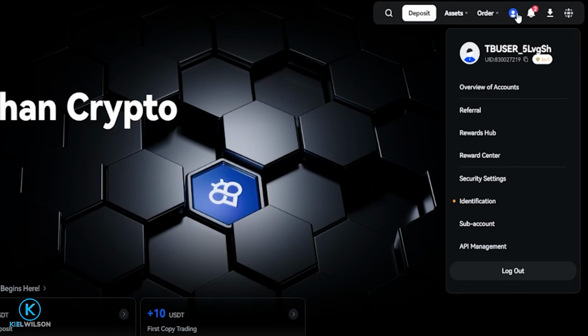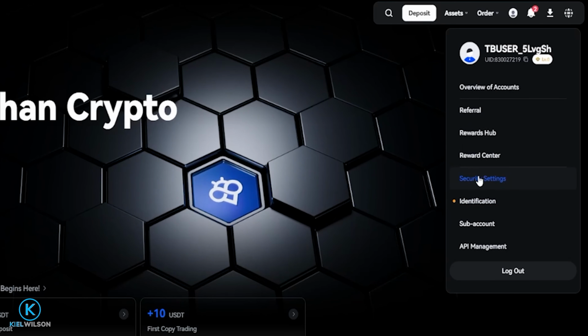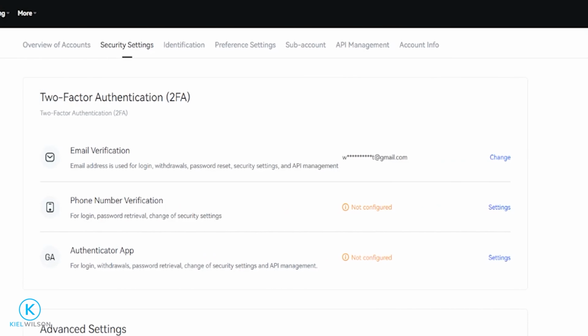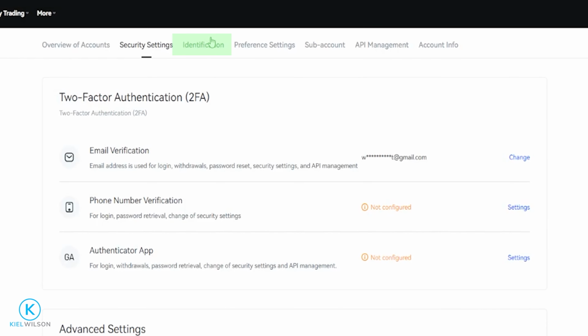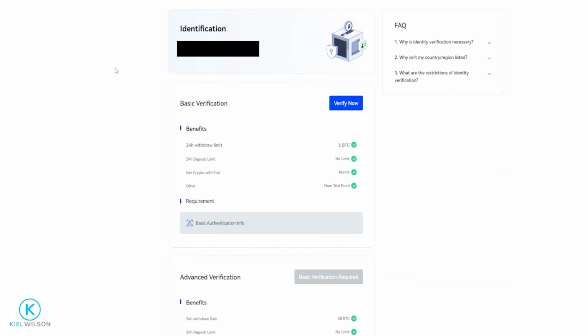In this drop down menu here, we'll click on identification, and alternatively, you can click here on security settings. At the top of this page here, we'd click here on identification. And here's where we can begin the KYC process, which stands for Know Your Customer. Now, during this process, you will have to submit a government issued document, such as a driver's license or a